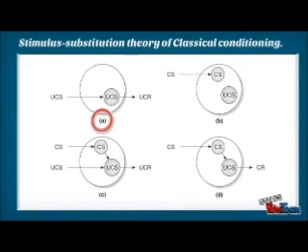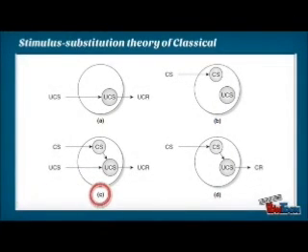A. The unconditional stimulus activates the unconditional stimulus brain center, which elicits the unconditional response. B. The conditional stimulus arouses the area of the brain responsible for processing it. C. A connection develops between the conditional stimulus and unconditional stimulus brain centers with the continuous presentation of conditional stimulus and unconditional stimulus. And D. The conditional stimulus elicits the conditional response as a result of this ability to activate the unconditional stimulus brain center.